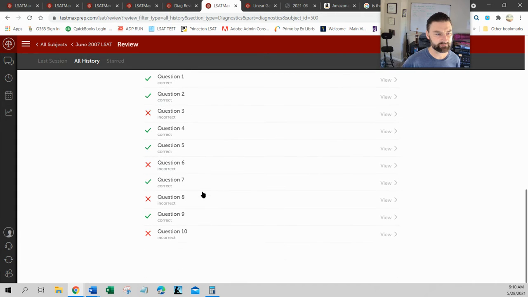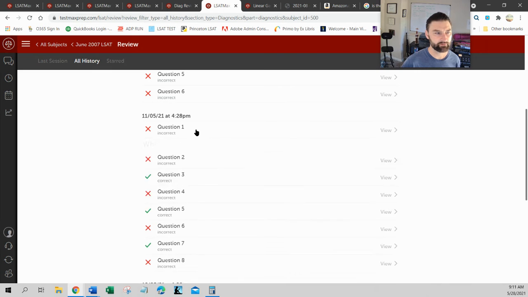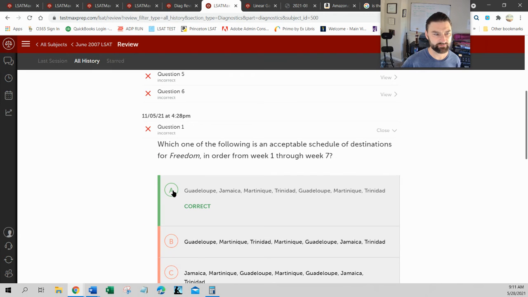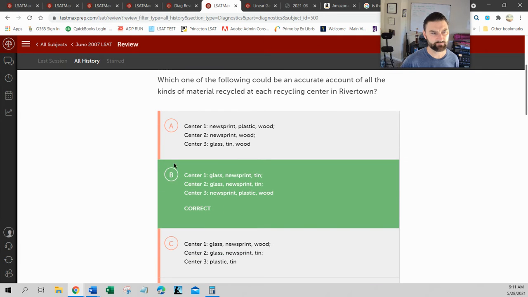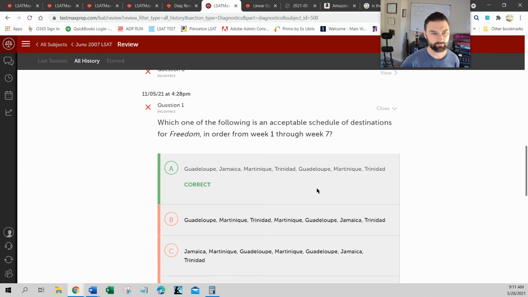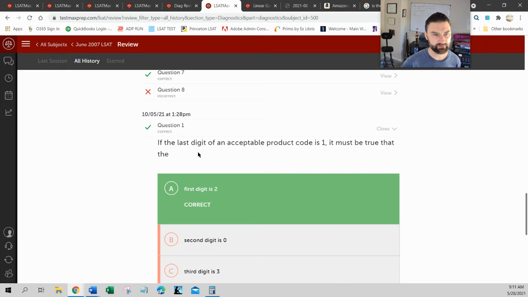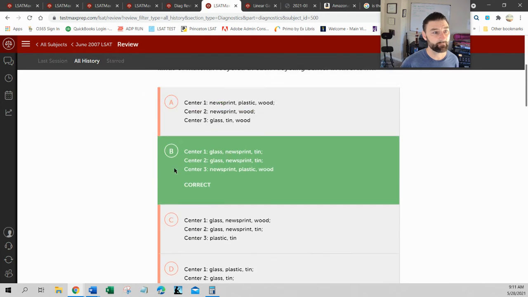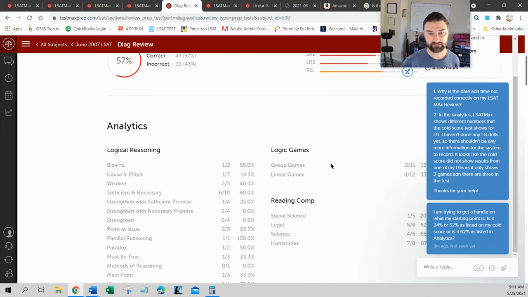Let's see, question 6 through question... Yeah, so there's one type of game here. This was the destination one. I think this is an ordering game, and then this one was a sequencing... I'm not sure what kind this one is, but this was the newsprint one. This one was the ordering, what comes after what type of game, sequencing, I think they call it. And then this was the, I don't know what kind they call that either. But anyway, there's three different games listed here, and there are only two games listed here.